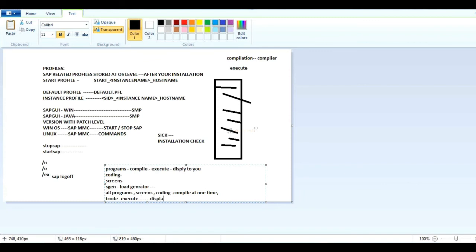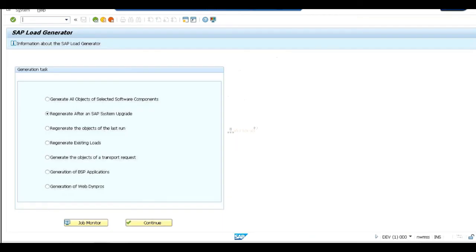We have to do this for a fresh installation. If you've done any stack upgrades, you also need to do SGen. This is one of the most mandatory post steps. SGen is nothing but a load generator.